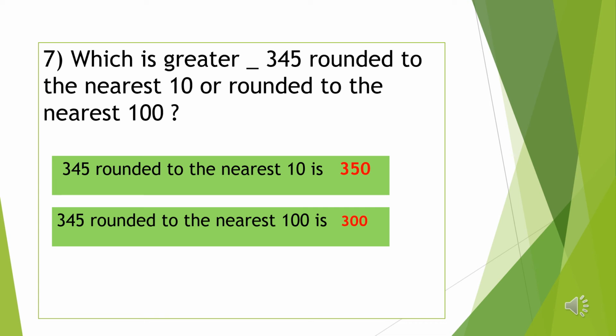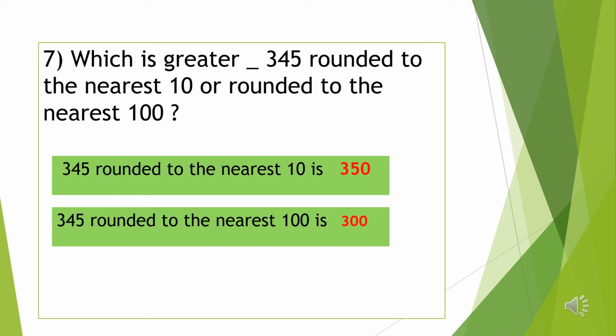Next, we want to round the same number to its nearest 100. When we are rounding to the nearest 100, we want to check the last 2 digits, whether the last 2 digits form a number greater than or equal to 50. If it is greater than or equal to 50, we want to add 1 to its hundreds place number and replace the last 2 digits by 0. Here what is the number we are getting?